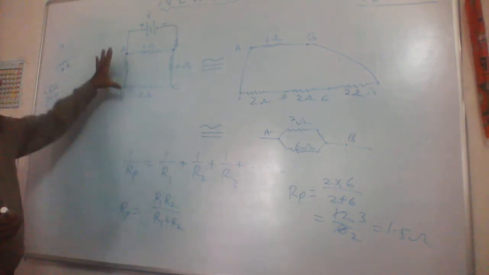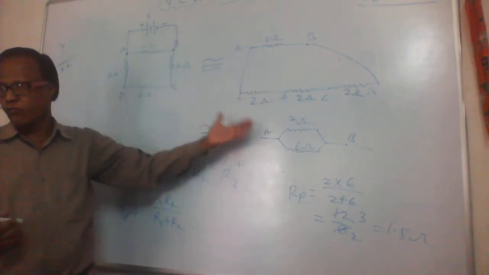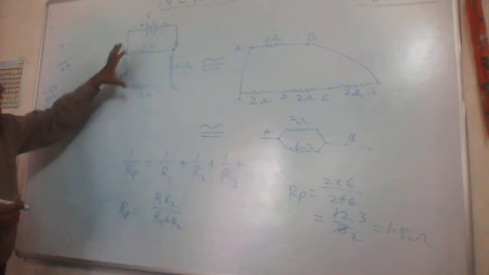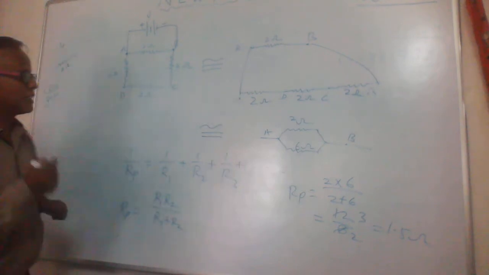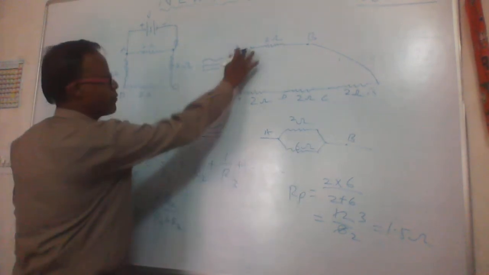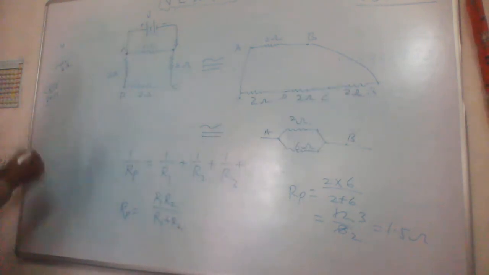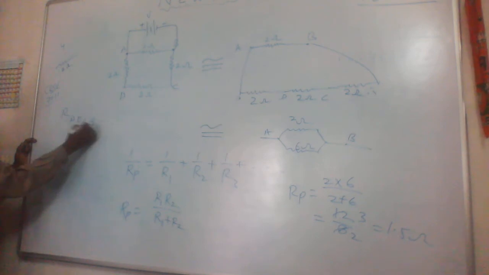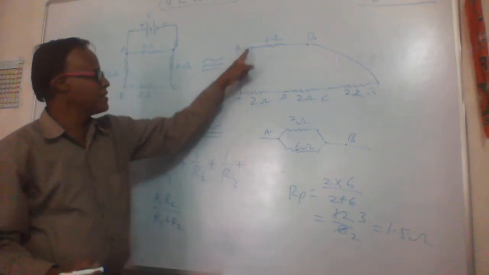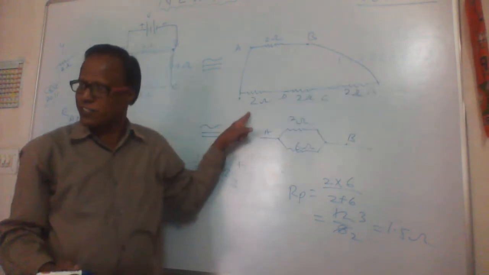So this one I solved with the help of diagrams, but mathematically also we can solve it. How? If this circuit is equivalent to this, first we have to calculate this resistance. So resistance between, we can mark this point A. This is your B and C. So R A D C B. This means A D C B. We are interested in this.